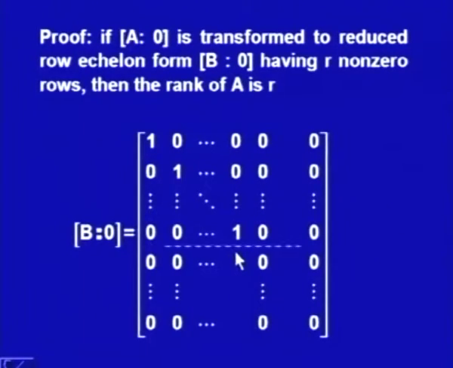One can notice that this matrix has 4 parts. We have R rows here which are non-zero, and n minus R rows which are 0, so these are 2 parts, and the other 2 parts are these. So, this is the identity matrix here, and we have null matrices here. So, the given matrix A is transformed to this matrix B, where this is the identity matrix of order R. This is how we have divided it.